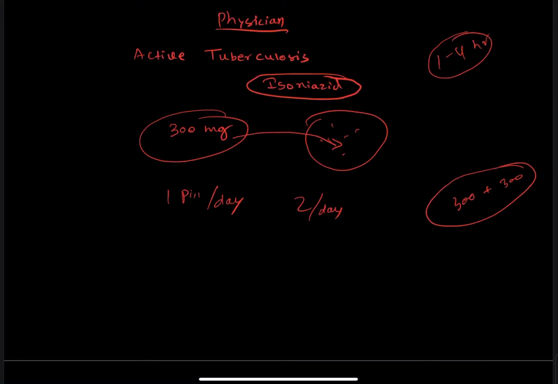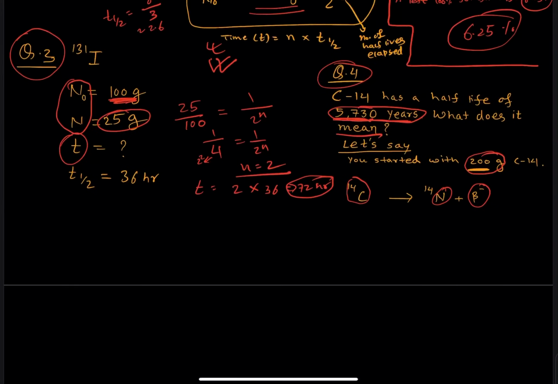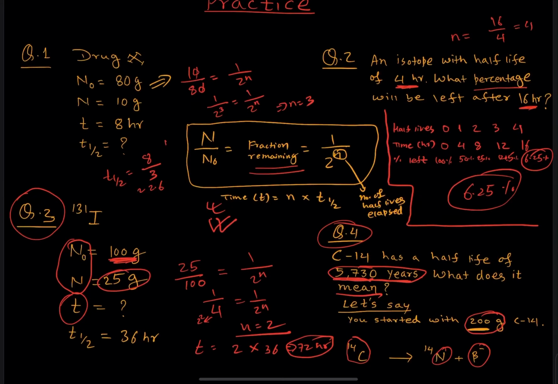That's why physicians should be careful about prescribing drugs, and you don't want to overdose the patient, right? You need to know the dosing interval, and to determine the dosing interval you need to know the half-life of the drug that you are going to prescribe. And this is just the biological aspect, you don't need to know about it. But finally, what I want to tell you is, if you know these equations right here, then you will be okay in any kind of